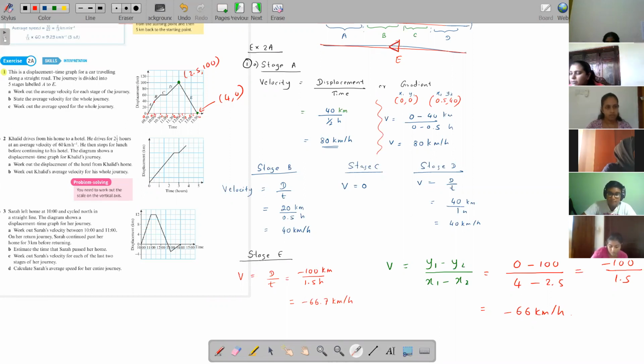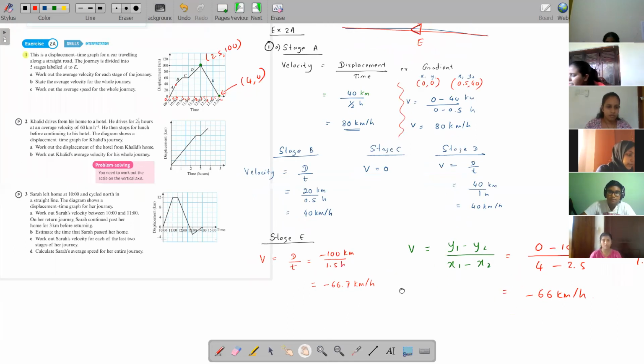Remember, in a displacement-time graph, don't use the word acceleration, okay? Because when you are having these graphs, you see this graph is going forward, but when there is a constant straight line, that means it's a constant velocity. So you can't use acceleration here. Acceleration means when the velocity is changing. Here we don't have a change in velocity. Here we have constant gradient, and constant gradient means the velocity is the same.